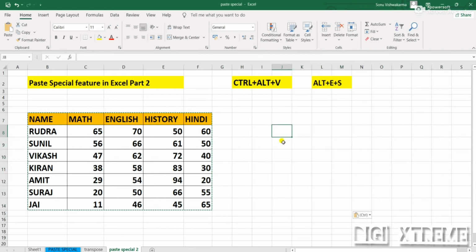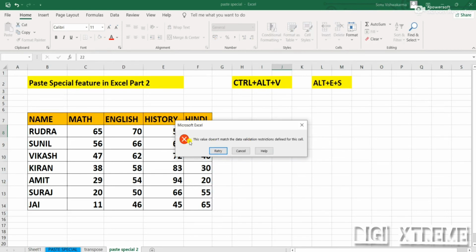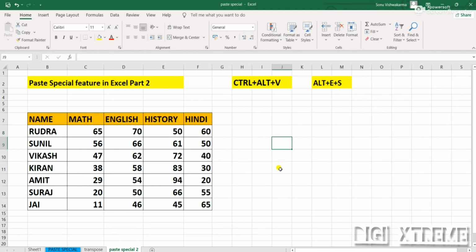Let me try to change the number in this cell to 22. You can see we get an error because we had applied data validation over this. So we had just copied the data validation. If I write anything here, I'm able to write 52, and 55 as well, because we had given a condition, minimum and maximum, between 50 and 60.